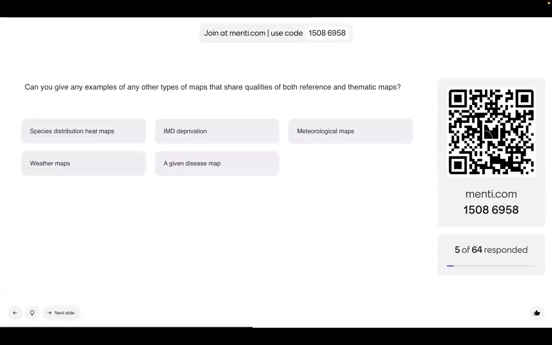A given disease map, yep, exactly. That's another great example. Other types of specific maps include things like choropleth maps, which we'll dive into tomorrow, cartograms maps, dasymetric maps, flow maps. What else is there? Trying to reel these off the top of my head now. Oh, treasure maps, fantastic. Poverty maps, flood maps, these are all great examples. 3D maps such as population, that's a great one. If you're referencing population densities, if that's what you mean,